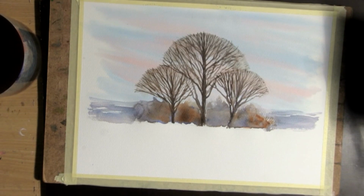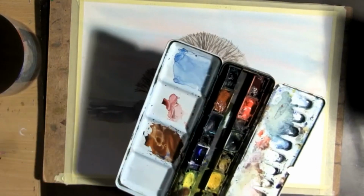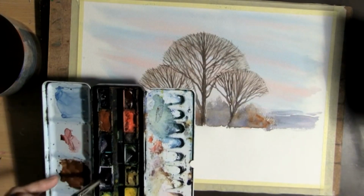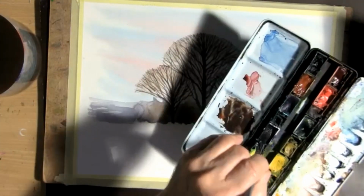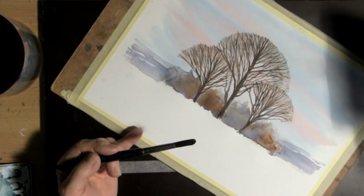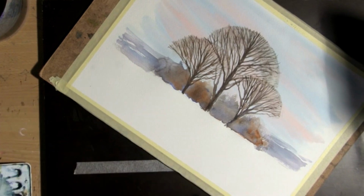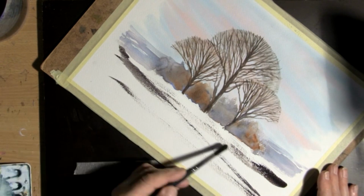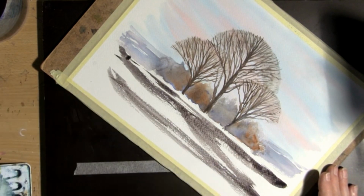I'm going to be using the same 2 colors again. I'm going to mix my burnt sienna. Now I'm going to paint something which perhaps will look like a plowed field. And a plowed field hasn't got too much color in it. But I'm going to use this ultramarine blue. And I've used the burnt sienna. I've got a lot of it inside my brush here. And the thing which I'm going to do, I hope I can do it in one go, is to make a zigzag across my paper. Okay, so I start here. There wasn't quite enough paint here, so I'm going to do it again. And you can see, because my paper is rough, or rather, it has a structure in it,